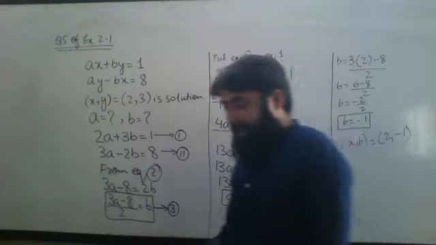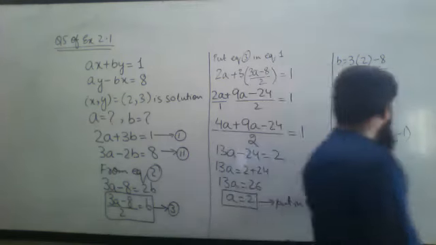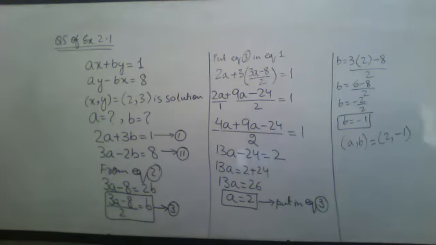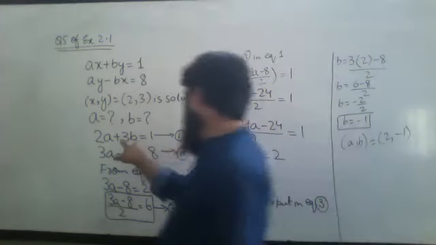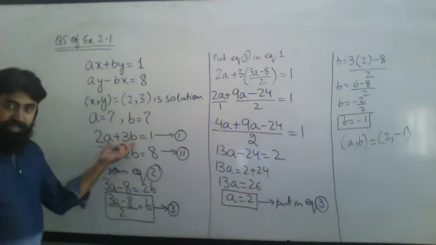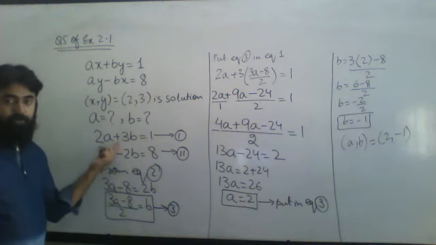Is my answer correct or wrong? How will I check it? Whatever I have written over here, a, b equals to 2, minus 1, is this my correct value or is this my wrong value? So what will you do? You will take these values just for checking. You don't have to show this working. You will put these values in the equations of a and b, the equations which are only in terms of a and b. Over here, over here and over here. Put it over here. Check that after solving, is this thing and this thing coming the same or not?